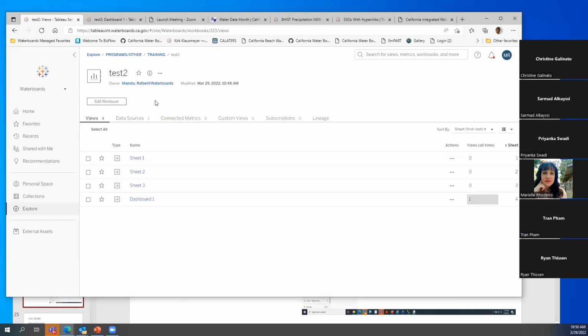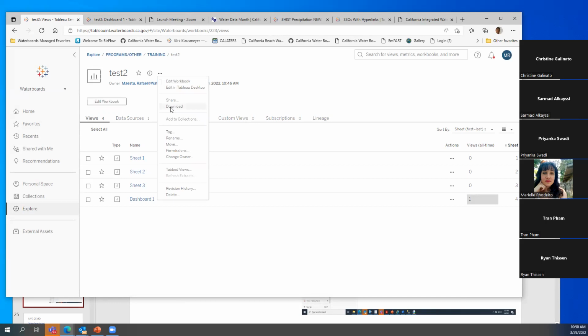I'm working with that right now, but in theory, you should be able to just click edit workbook and start editing right away, because the permissions are set up for that. Otherwise, you can download it.